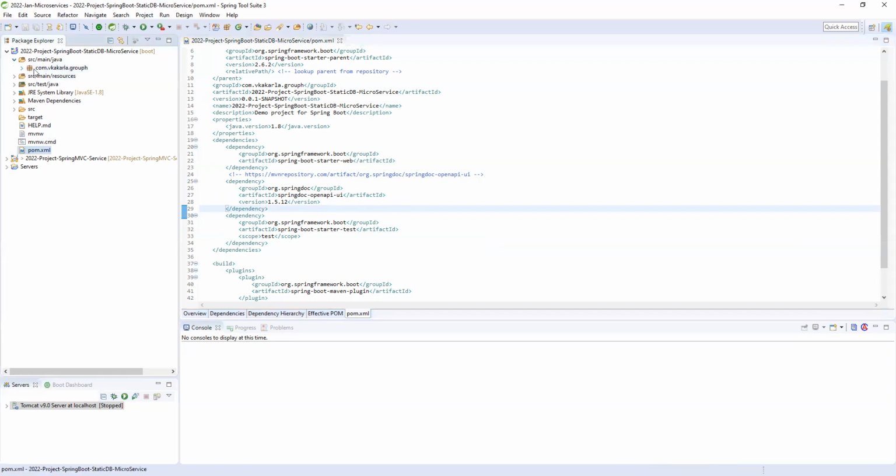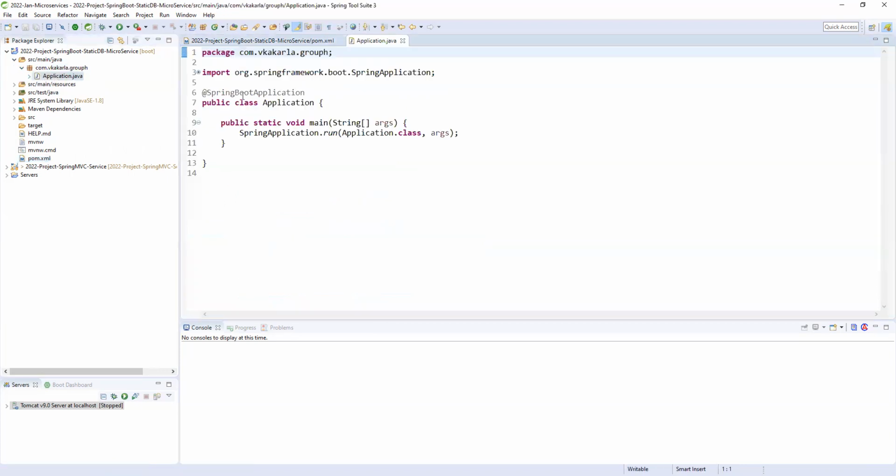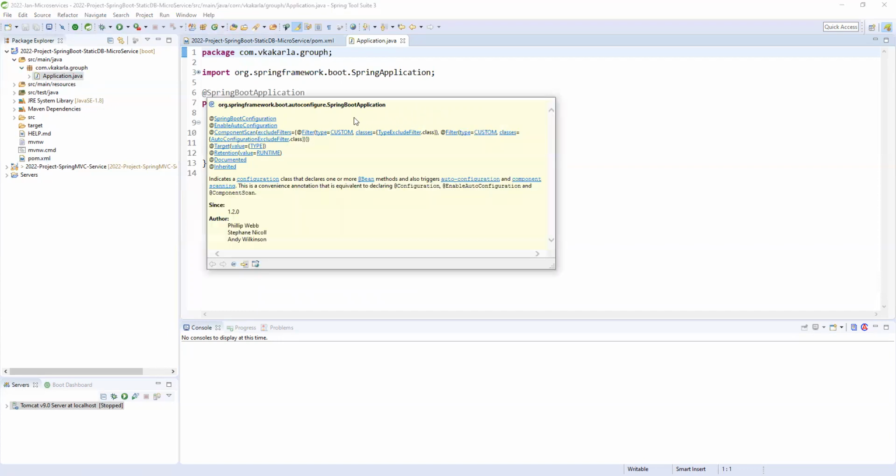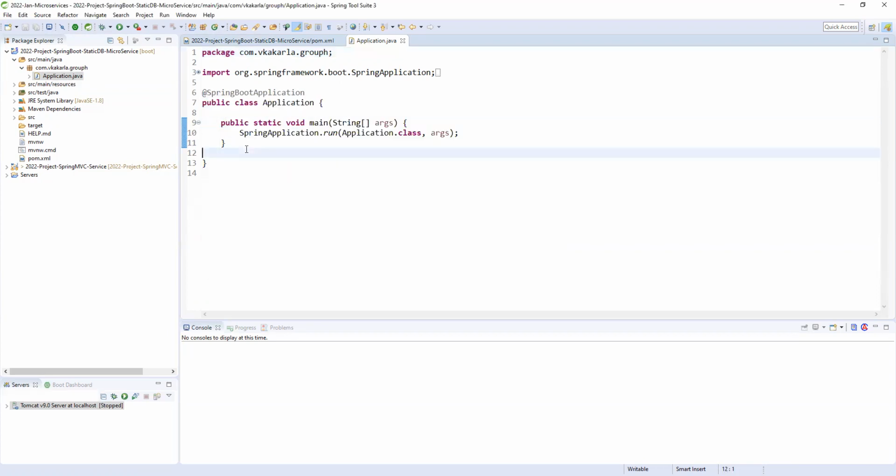Here the default package is also coming. If you see the Spring Boot application, the @SpringBootApplication annotation is a combination of many annotations. This is the main heart and main class of the application. Here you can see the main method. In a Java application, if you want to run your application, you need a main class. Here it runs SpringApplication.run with the application class. Whatever application name we take, you can change it, no issue.